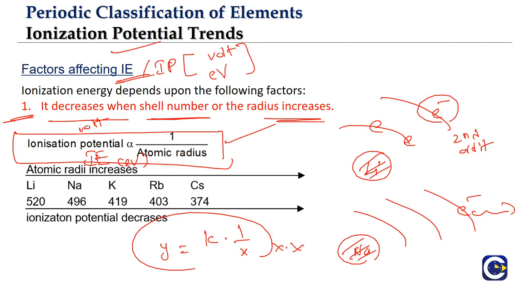As the atomic radius is increasing, from lithium to sodium, you can see here for the first group elements, all these values are in electron volt. Lithium is 520. If you're talking about ionization energy, it means electron volt; if you talk about ionization potential, we give it in volt. Lithium is 520, sodium 496, because in sodium the valence orbit is the third orbit. Potassium 419, rubidium 403, cesium 374. It keeps on decreasing. This is valid as we go down the group. Radius is increasing, so the outermost electron goes farther from the nucleus, which means it becomes easy to remove.